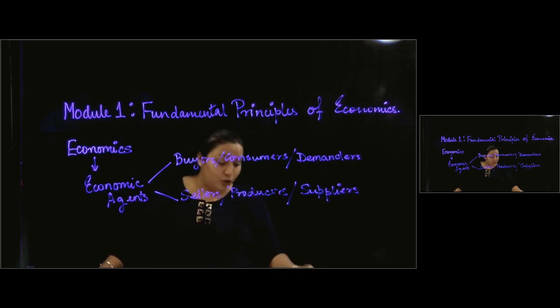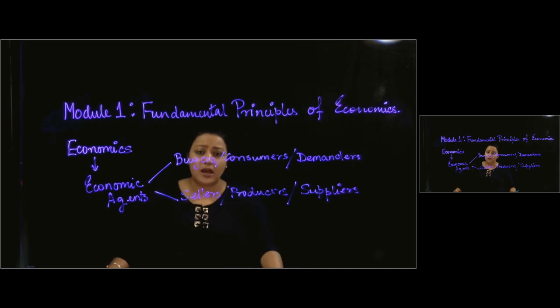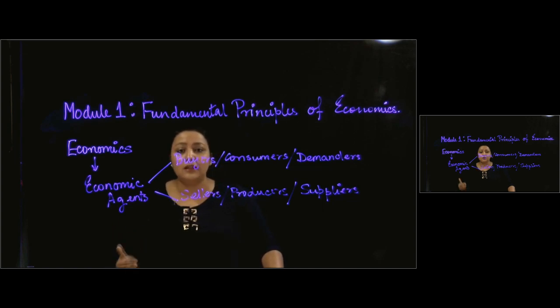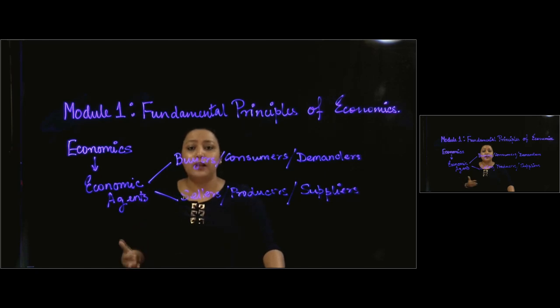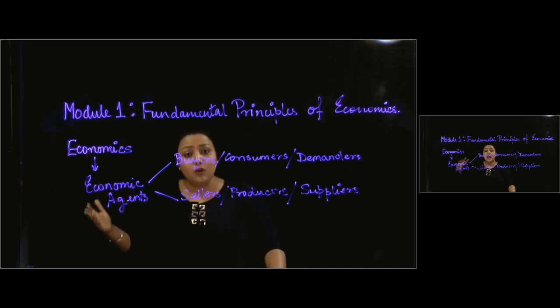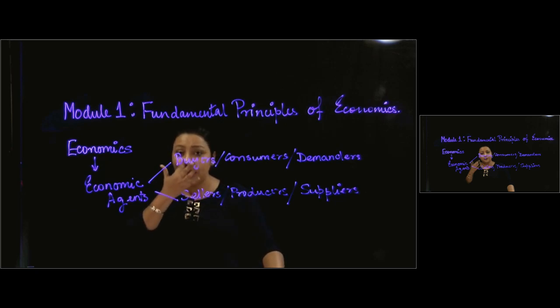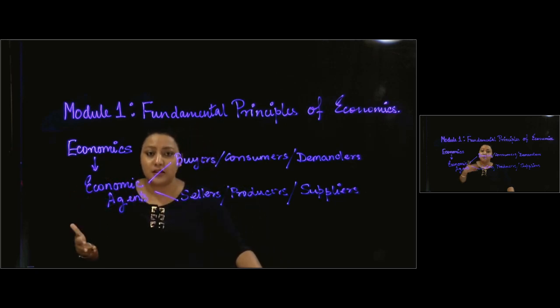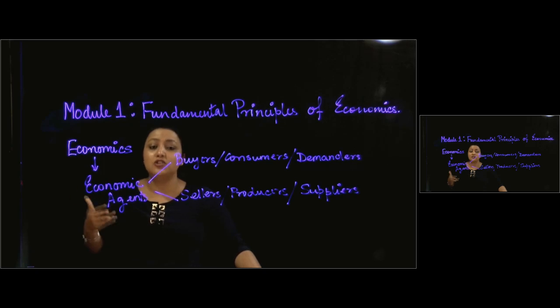Now, why are we even looking at the behavior of these economic agents and why are we so interested in the interaction of these economic agents? The reason being that economics is a study of decision making. It really wants to see how people make their decisions, not only at the individual level, but as a family, as a neighborhood, as a city, as a state, as a country, and then globally. So those are the different levels of decision making. But economics is really interested with how and why this decision making takes place at these different levels of the